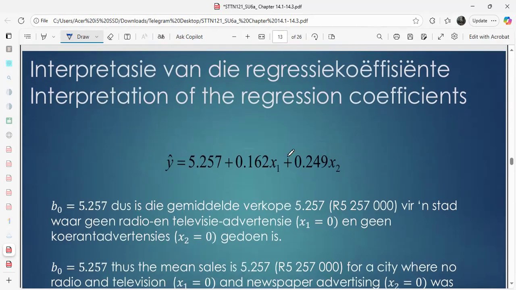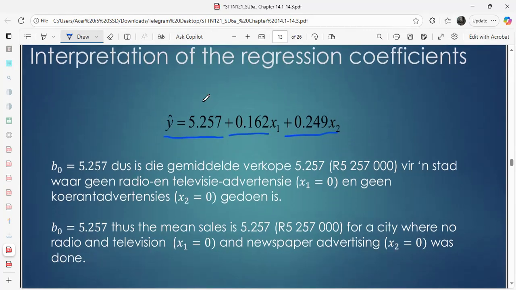Now, after getting the equation, you need to know how to interpret those regression coefficients. Now you know how they got these values on the output, and now you need to know how to interpret them. Under the interpretation of the regression coefficients, remember this is the B0, and it's positive. So we'll say that B0 of 5.257